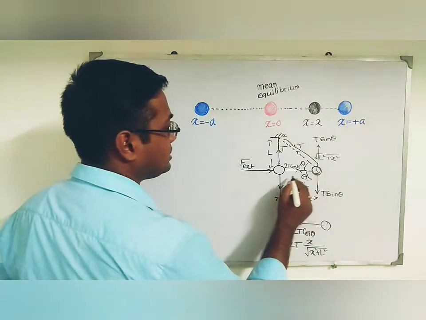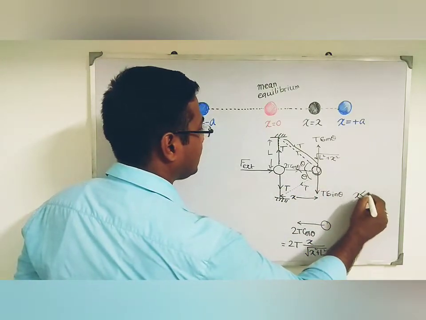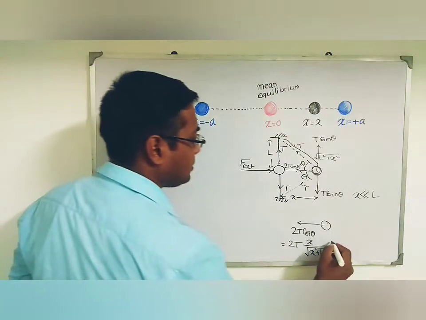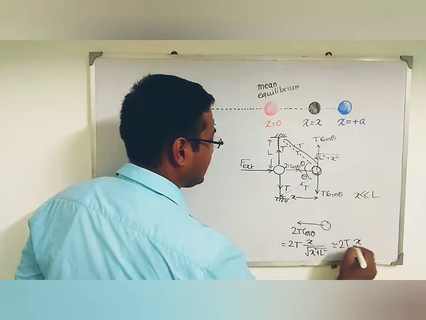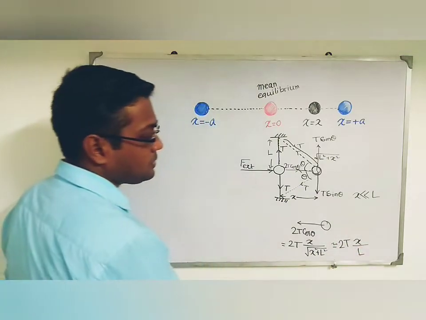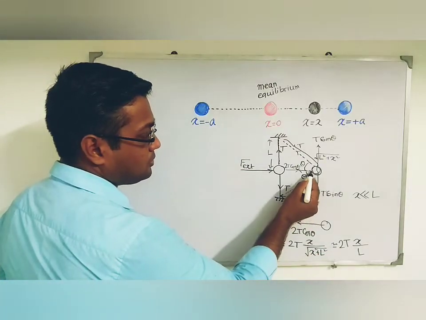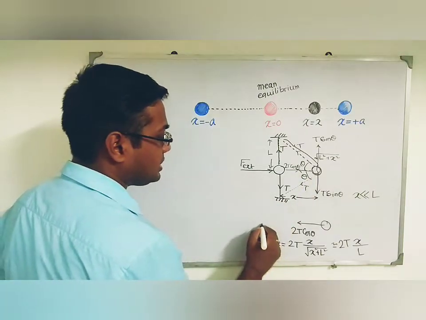Now if I consider this deflection x is very small compared to the length of the invisible strings, I can approximate this expression as 2T into x divided by L. Since 2 is constant, T is constant and L is constant, the force which wants to restore itself in that direction, we can say this is F